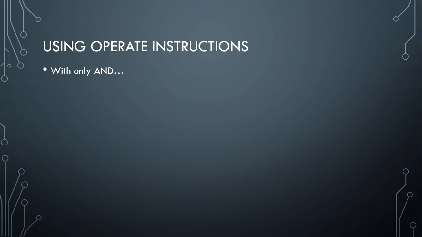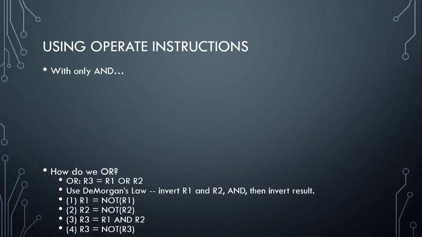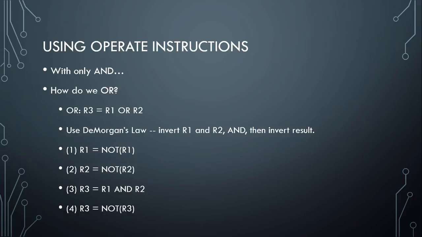Continuing on to the next operation, if we're looking at AND, we have to ask how do we use OR? Very similar, we have to do a couple extra steps if we want to do an OR operation. So with an OR, in this case I have register 3 and I want to do an OR of R1 and R2. So what we're going to do is De Morgan's law here. We're going to invert R1, R2, and then